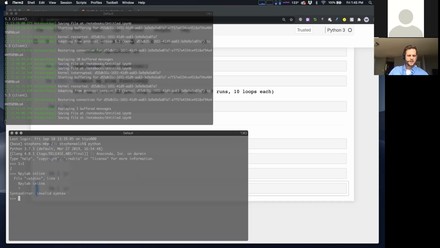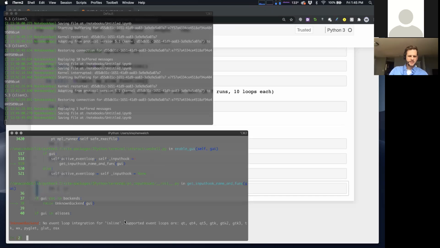So the thing I want to show you then, and I'll get to the next question in a second, good question, is that there's another version of Python called IPython, and the I stands for interactive, and it has some more features. And I believe now I can run pylab inline.